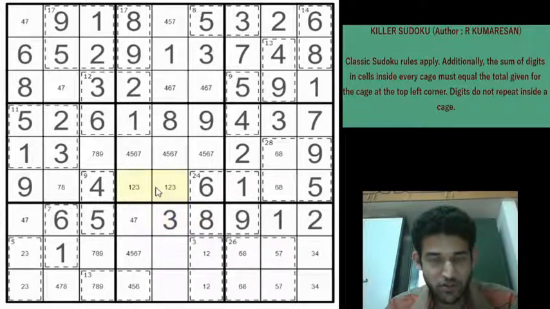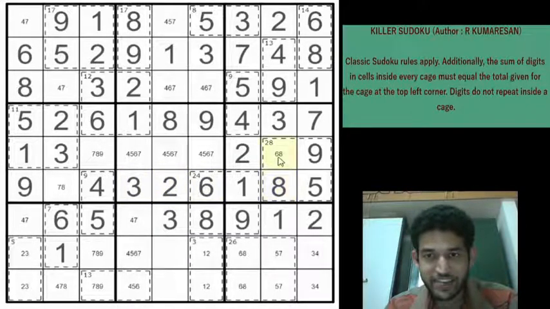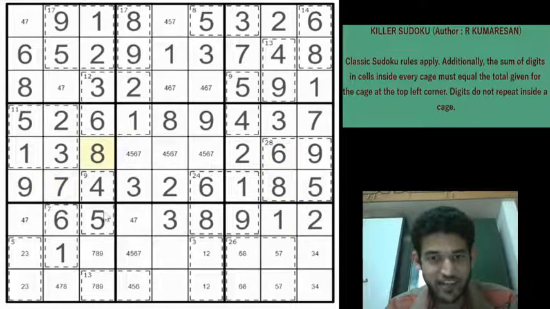And now this must be 2, 3 because 1 is here, but 3 can't go here, so this will be a 3. This will be a 2. Almost finished. You have a 6 here, so this will be 8, this will be 6. And because of this 8, you get a 7 here and an 8 here. And these two cells must be 7 and 9 now.